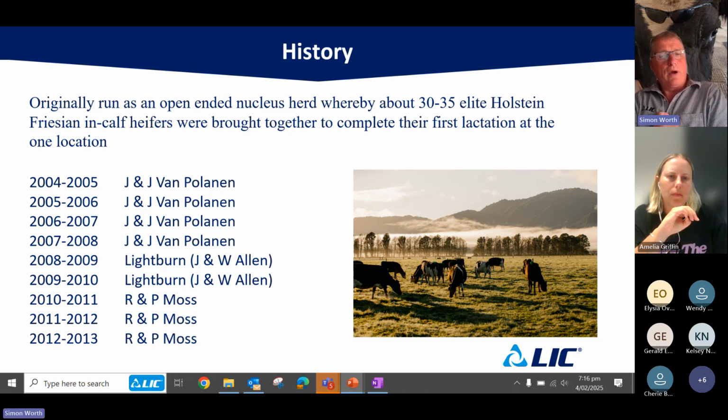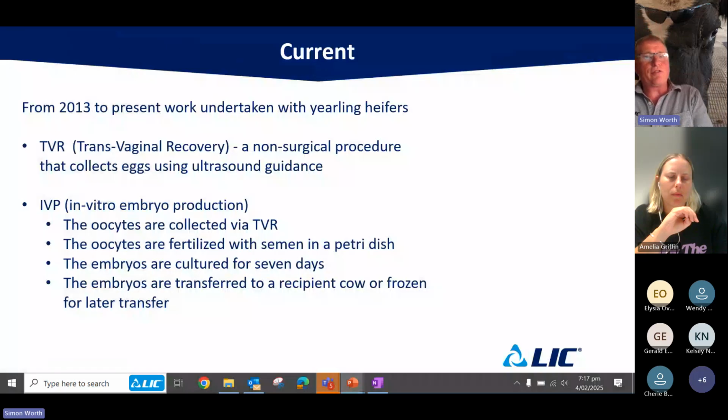But once we got to 2013, I guess we, LIC, were doing a lot more work with yearling heifers, with TVR in the main, 95% of it. And we saw an opportunity to align, really. And, I guess, you all know that the yearling heifers should be genetically some of your very best. So the focus was, rightio, let's move away from those older animals and bring these young ones in, and use